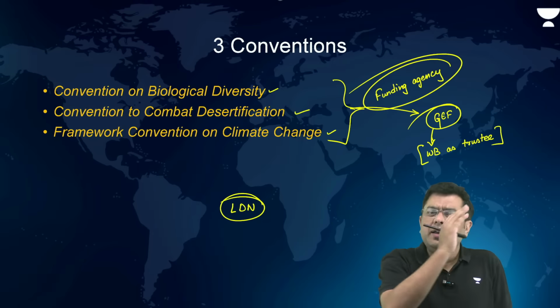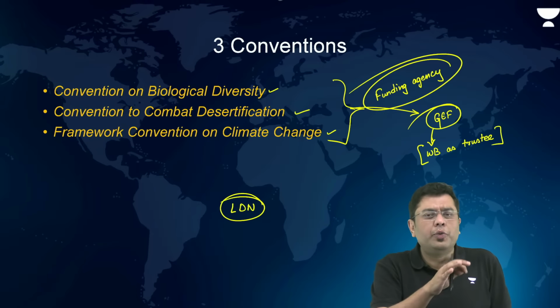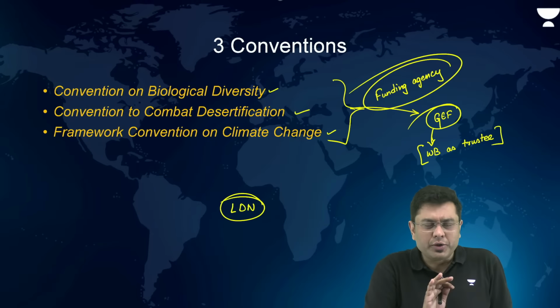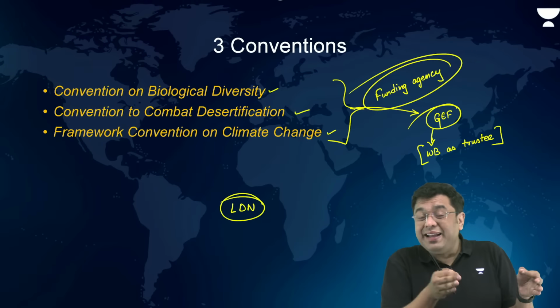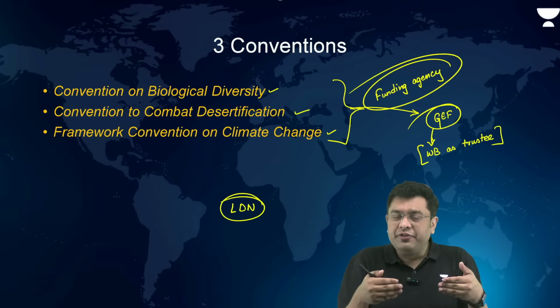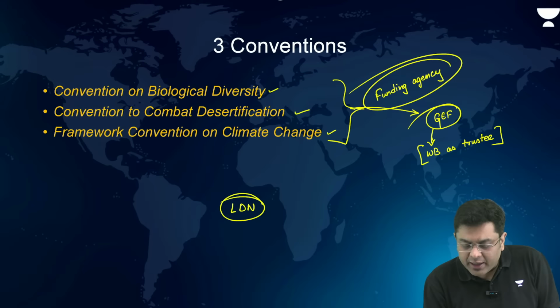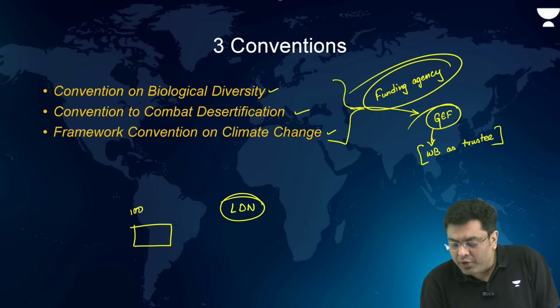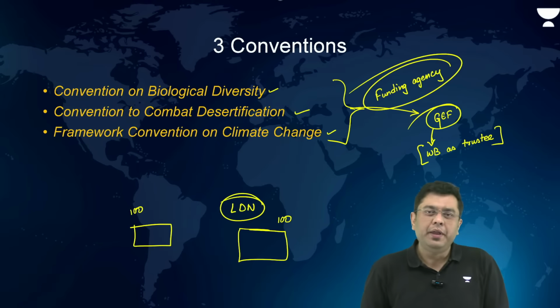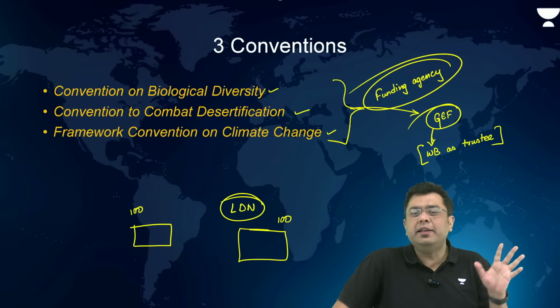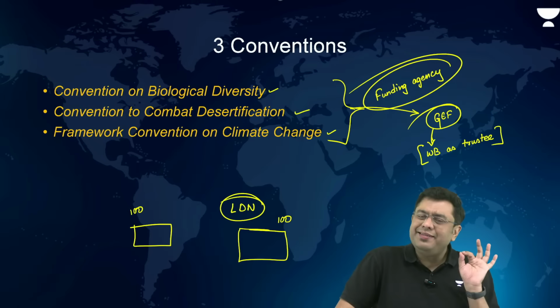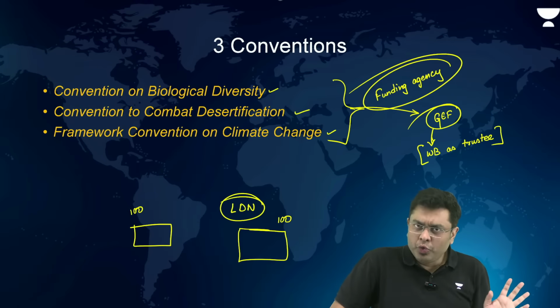So every year, huge amount of land across the world goes through degradation. Now, the countries, in order to achieve land degradation neutrality, what they have to do is, let's suppose every year 100 units of land have been degraded. They have to reclaim at least 100 units of already degraded land, so that no new addition of degraded land is there in the ecosystem. So that is the case of UNCCD.